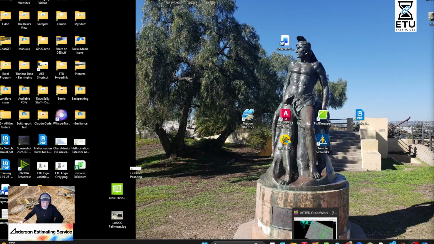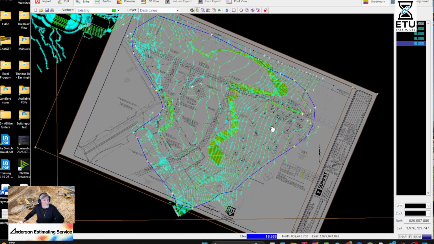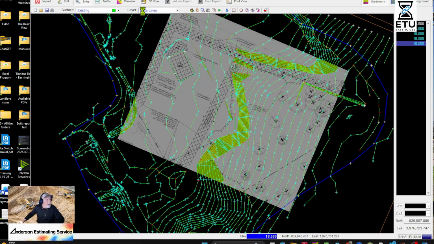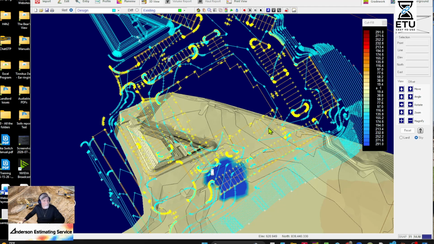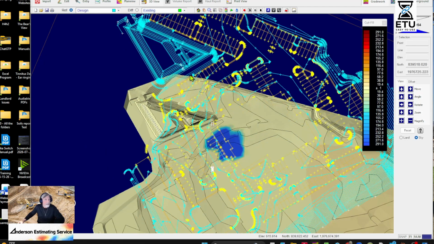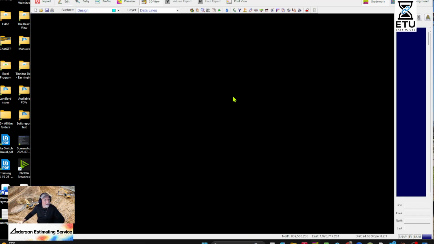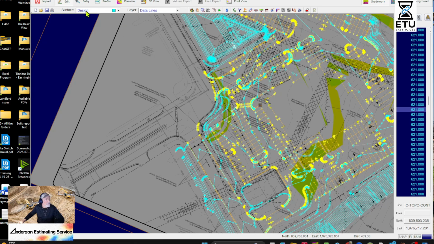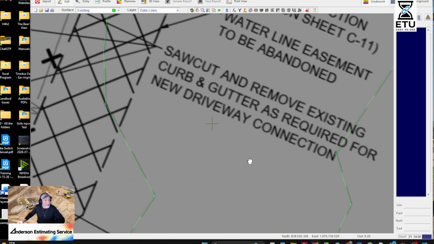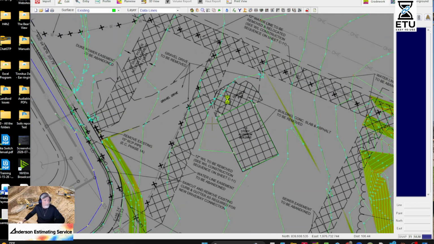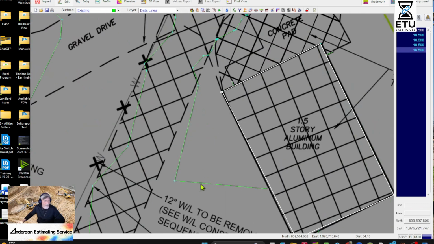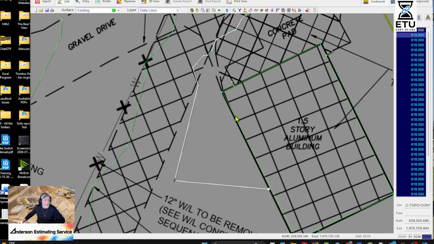Oh, where's that takeoff? There we are. We're going to finish this takeoff. I did a little bit of cleanup, so let's go look at it. 3D view. Ooh, a little blue spot. Love those blue spots. I think there's a problem there. Houston, we have a problem. Go into existing, and somewhere in here, it's this point right here, this elevation.